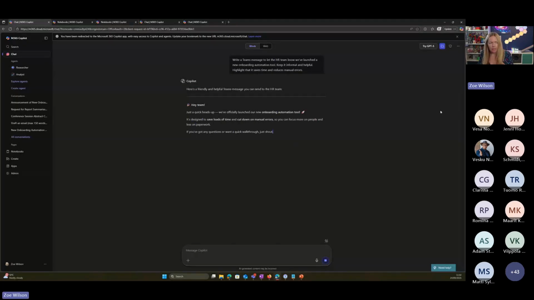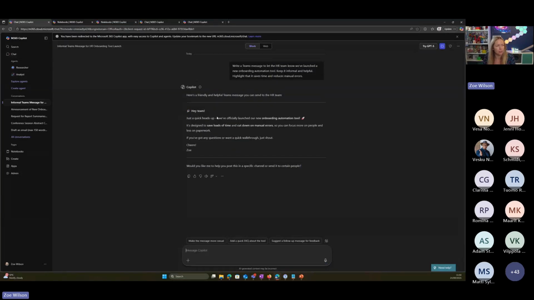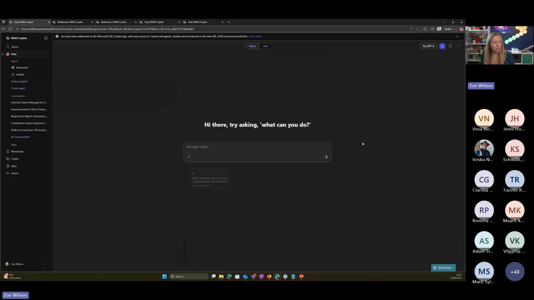Again, you'll notice though that there's no source content in this. So you can see it's followed my instructions. It's got something that's a little bit more informal because it's a Teams message. Because it didn't have any source material, essentially, it's just included the additional guidance that I've given it. And then if I go to something that's a little bit more advanced,